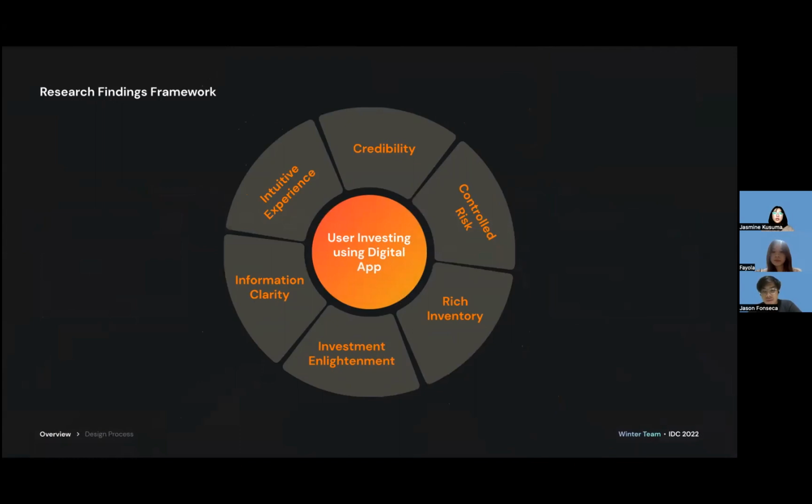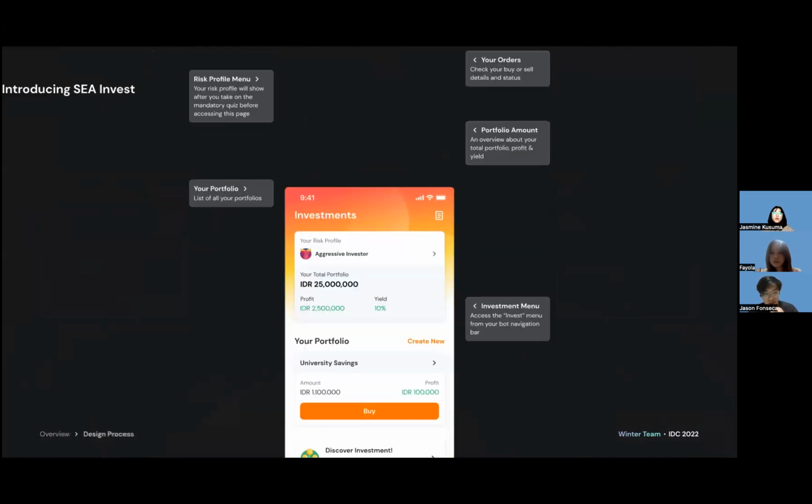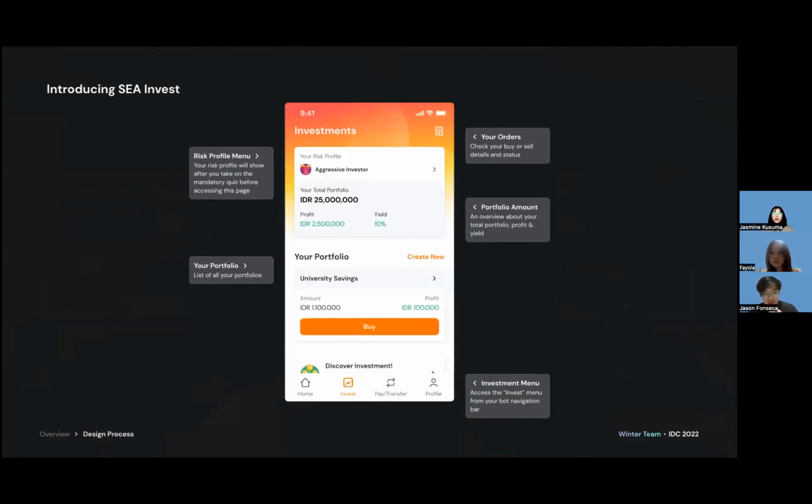After research, we design a variable-based framework according to user needs, which include intuitive experience, credibility, managed risk, rich inventory, investment enlightenment, and information clarity. Taking 6 of those aspects as our main foundation and applying the UI/UX design principles, we produce a hi-fi design